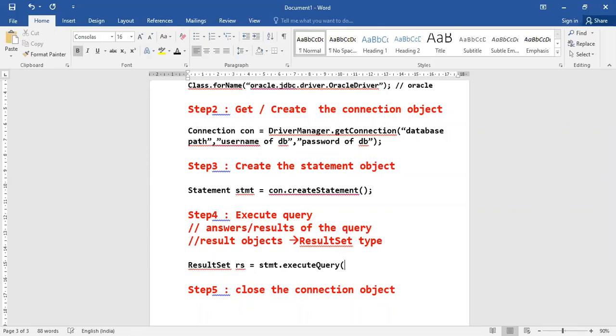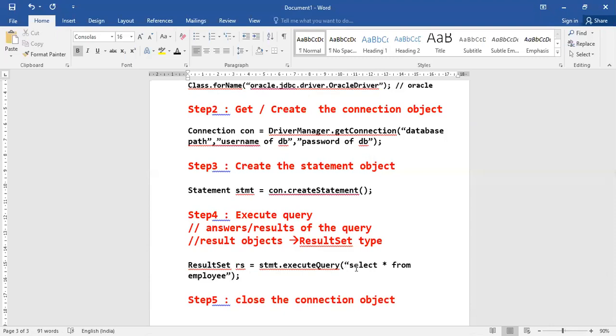I have a method called executeQuery. So on this particular statement, which I made with this particular connection, I am going to execute my query. I'll just simply write my SQL query over here: select star from employee. That's it, my code.